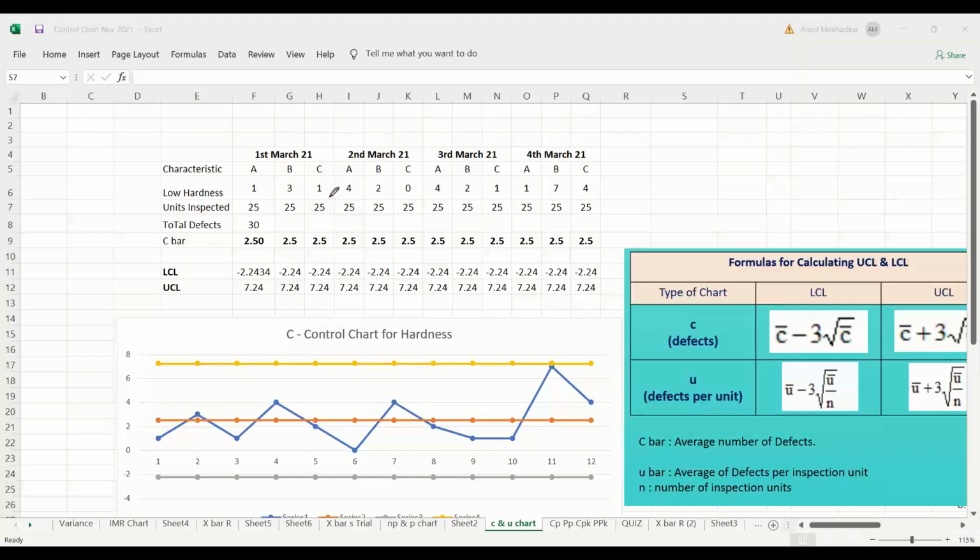If you split it into the shifts, what will happen? If in a certain particular shift there is a large number of defect generation, you can pinpointedly know that yes, in that particular shift something has gone wrong. You need to check whether something is related to the timing of the shift, the operator, the supervision, or the material. So you can pinpointedly go to the shift level if you split it into shift wise data, but it is not compulsory. It is up to the organization, up to you, your section, how you want to monitor this data. Now you started gathering the data, you got, okay, low hardness 1, 3, 5, 1.